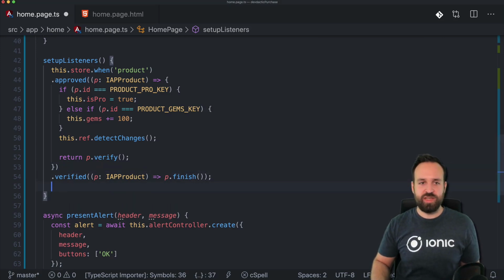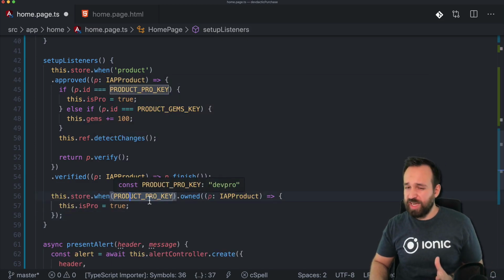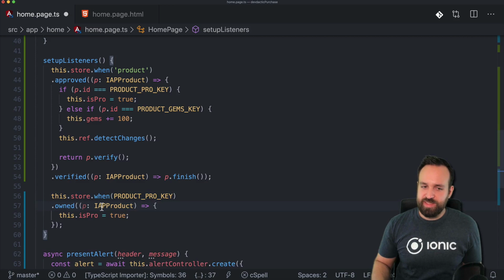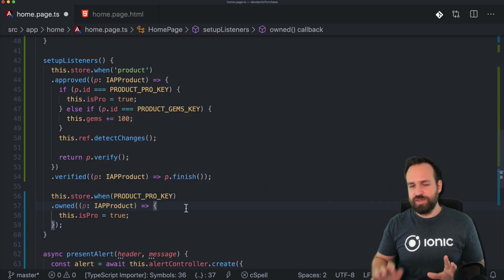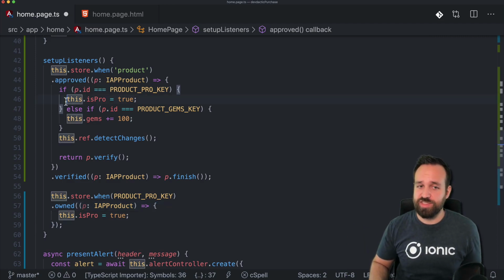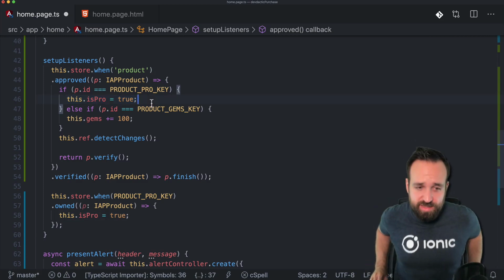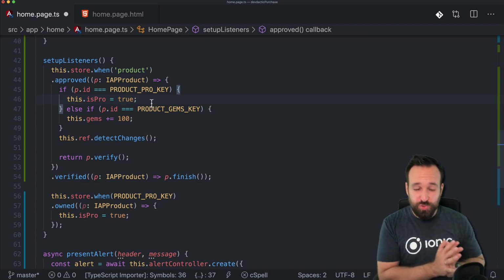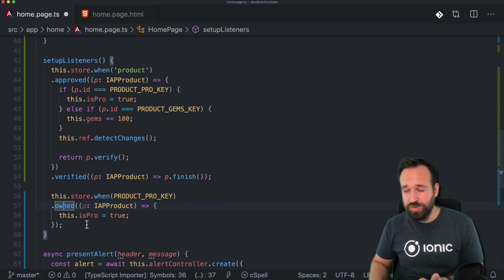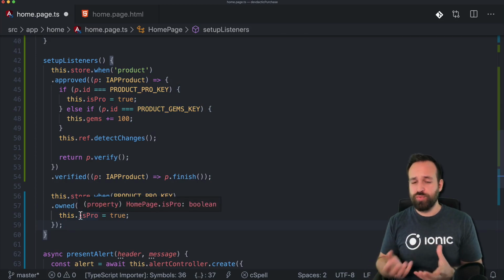We could actually also listen to other events or only events related to a specific ID. So when and just passing in the ID would work as well. And this is especially interesting since the user might only purchase the pro version once. And then if you don't really store this in the correct place and the app doesn't know that the pro version is purchased or was purchased previously, you can also listen to the owned state, because when you call the store refresh in the beginning, all these things will actually be executed again